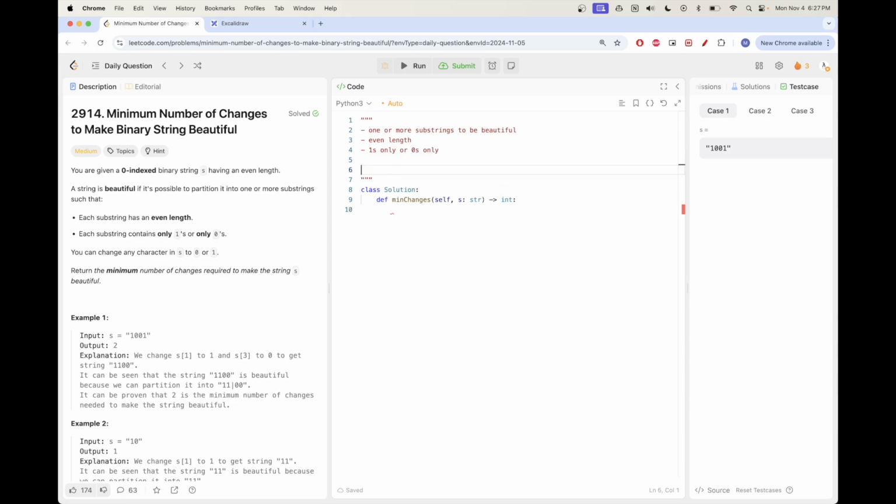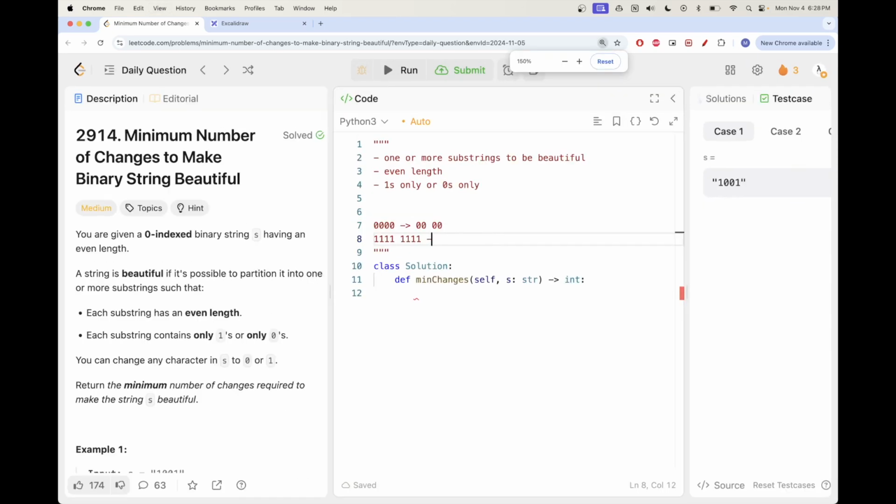Now the thing to think about is, if you have 4 zeros, this is a beautiful substring, but it's the same as having 0, 0 and 0, 0. Same thing if you had 8 ones, which is the same as doing